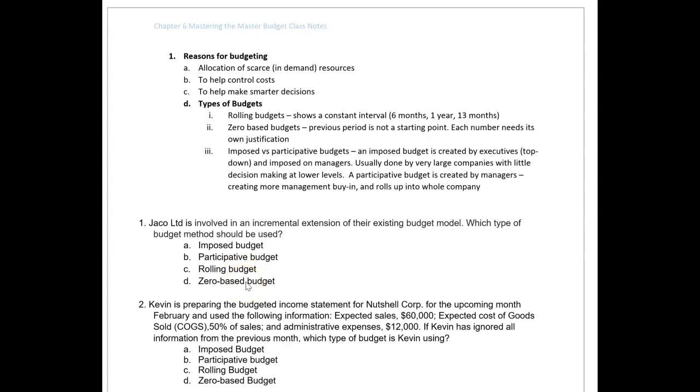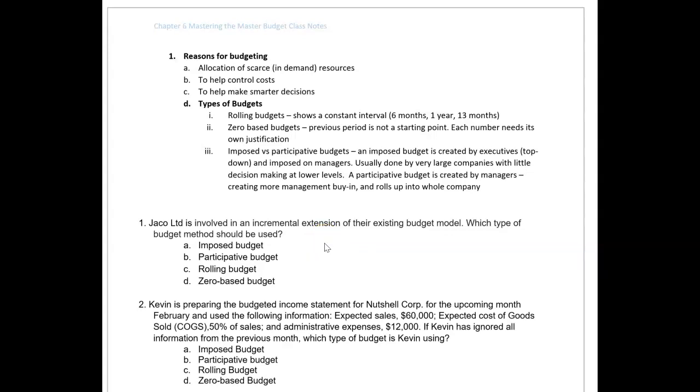I can't really wait to hear from you, can I? Okay, an incremental extension would be a rolling budget. Definitely not A or B, and not a zero-based budget for sure. So that's what a rolling budget is. These are good questions though, because they turn the material a little bit sideways and force you to think a